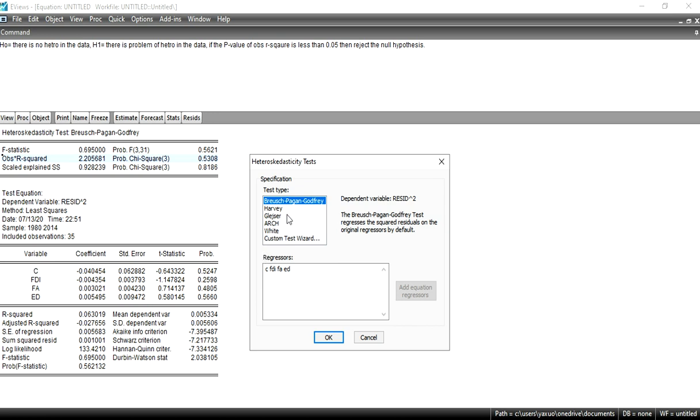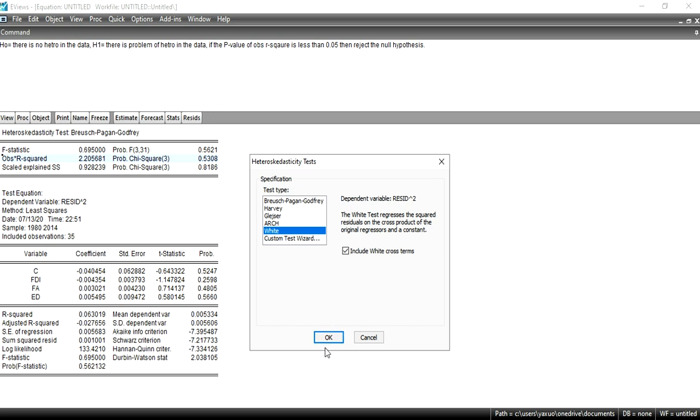But of all of them, the White test is considered the most prominent test for checking heteroscedasticity. The difference between all these tests and the White test is that it includes cross terms. Other tests only take the square of the independent variable, but the White test takes the square of cross terms as well.